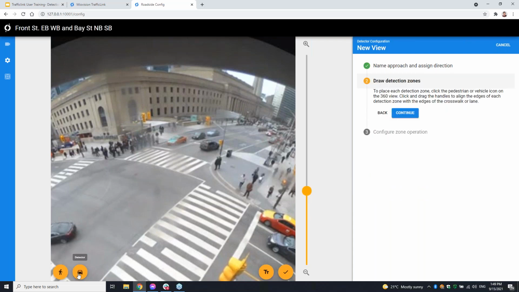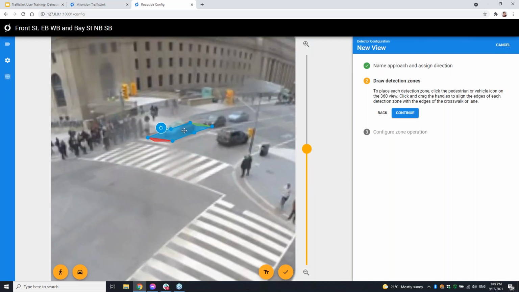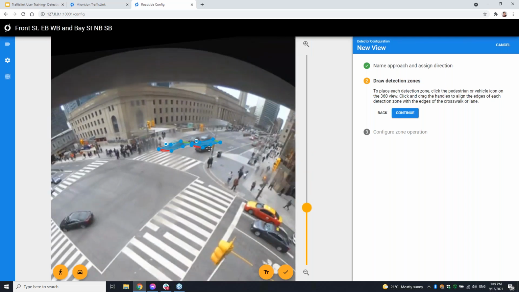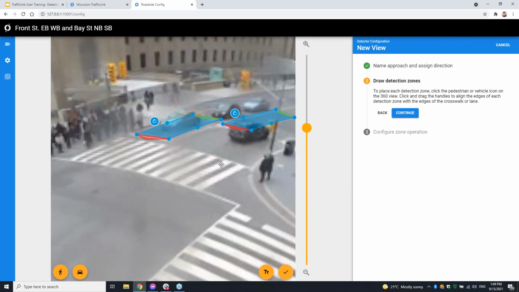So we have our detection zones. I'll scroll that over a little bit. Drawing a detection zone, you can see you can add as many as you want. It tries to auto guess the curvature and place it on roughly the expected size of the lane for you. It does auto adjust and proportion itself based on where it is in the frame, based on that first configuration step that we did with the camera.